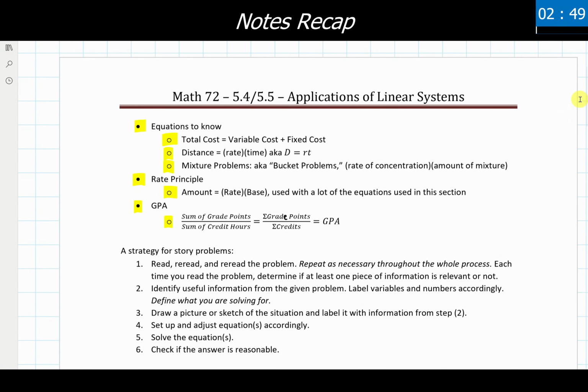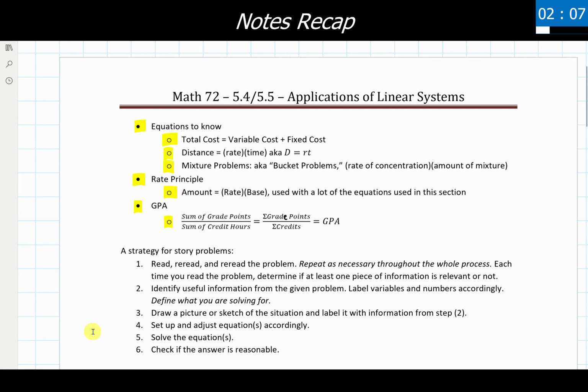As a recap of the material that we covered today, we were working with applications of linear systems, or story problems of systems of linear equations. We had our main equations that generally show up in this section listed right here, and we had a quick review on our strategies on how we could go through and solve these things. An immense amount of the material and thought processes from the Chapter 3 problems are showing up here again, but now we have 2 new algebraic methods to solve them, the 5.2 substitution method and the 5.3 elimination method.